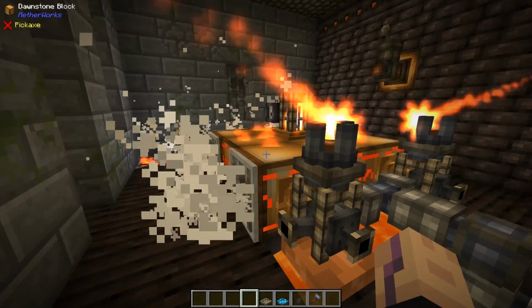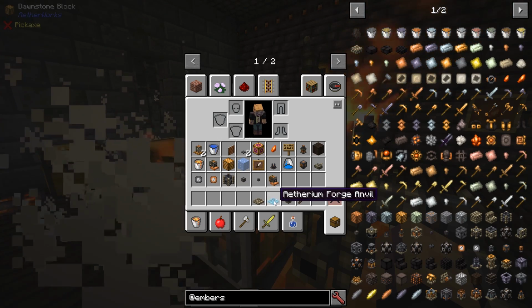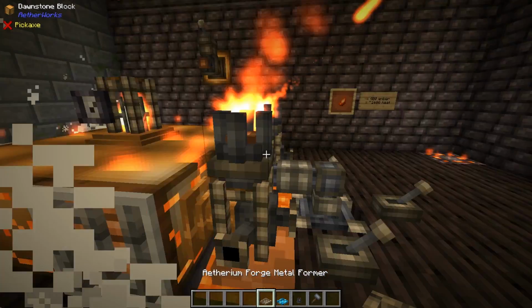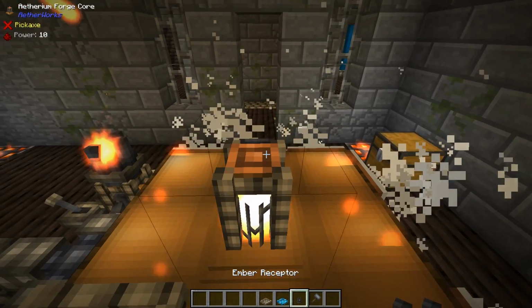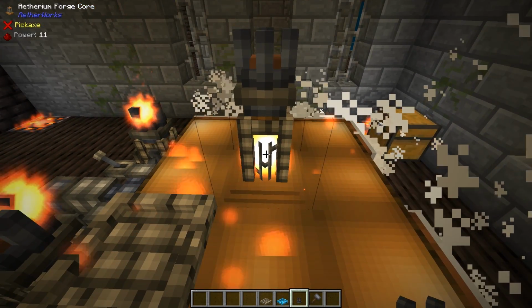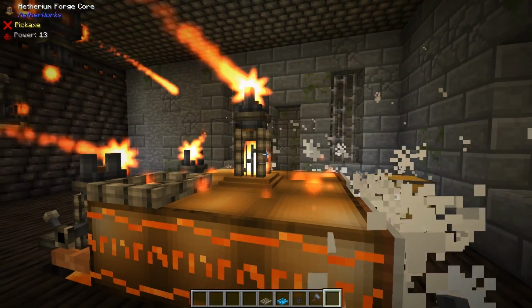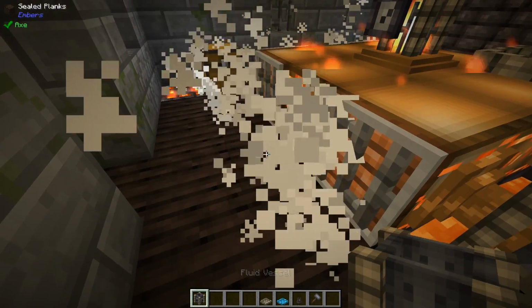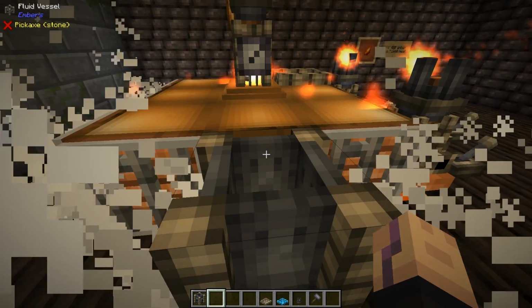Now there's 2 ways to craft with this forge. 1 using the forge metal former and 2 using the forge anvil. So let's take a look at the metal former first. For either of those 2 things to work, you do also have to provide the forge core with embers as well. Very important step. On top of that, we'll require a fluid vessel just at the side of this forge